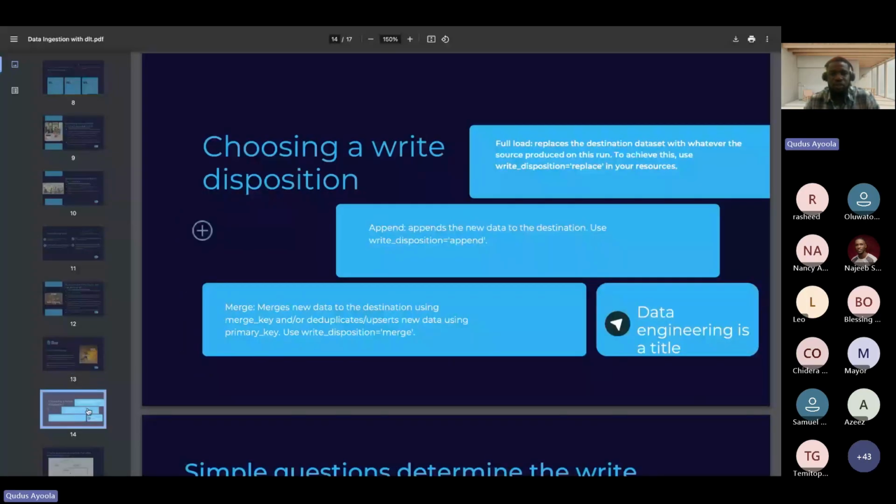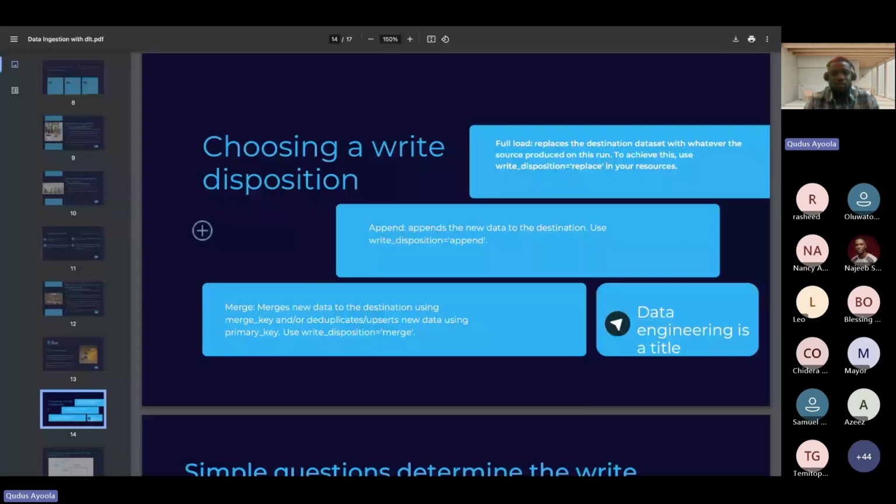So there are different ways you can write into those databases. Using full load, you are scanning your entire source system and loading it into your destination table. This is not usually advisable, but there are situations whereby you don't have a choice but to use full load, probably because it's data where you can't keep track of a column that can help you show the state or show what has changed in your data sets.